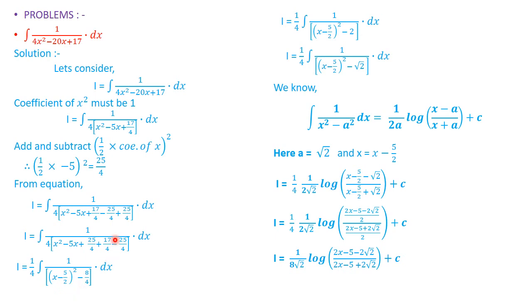Now luckily here the denominator is the same, 4. So what do we have? 17 minus 25, which is equal to minus 8 by 4. This 4 is taken here, 1 by 4 as a multiple. Again here 1 by 4, integration of 1 by x minus 5 by 2, this is the complete square, no? It is a square. If we expand this bracket, then we will have these three terms. So x minus 5 by 2 bracket square minus 2.